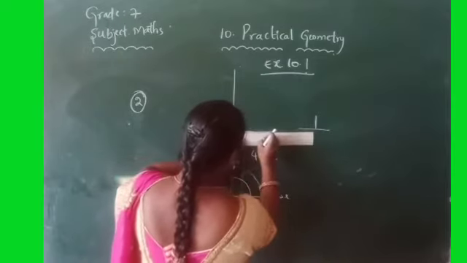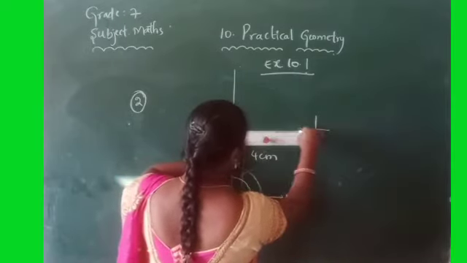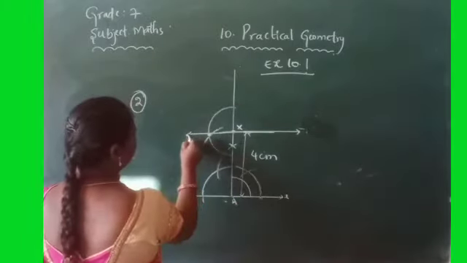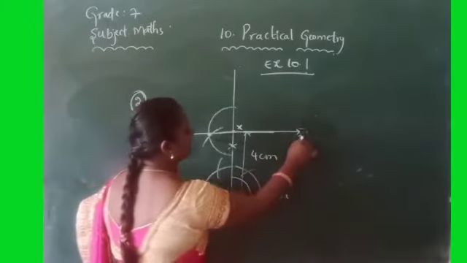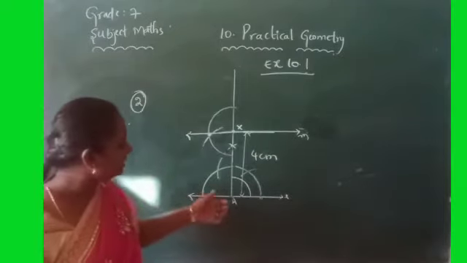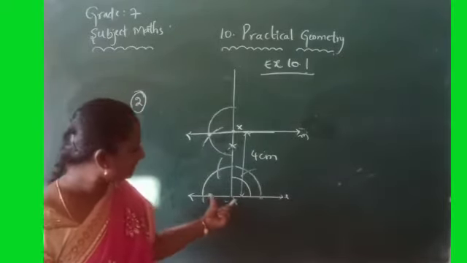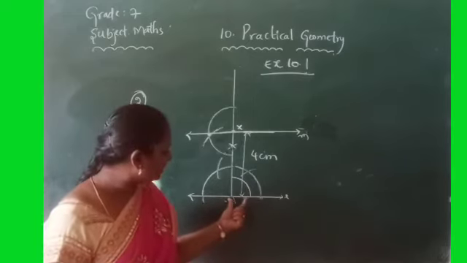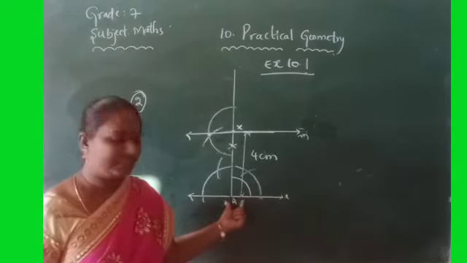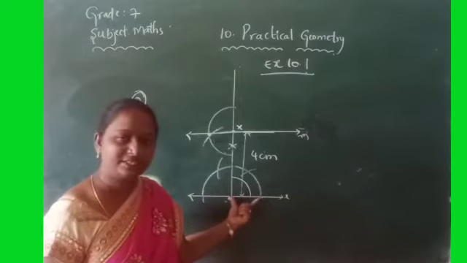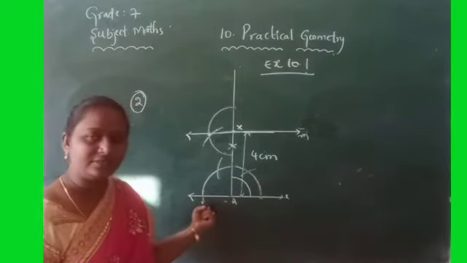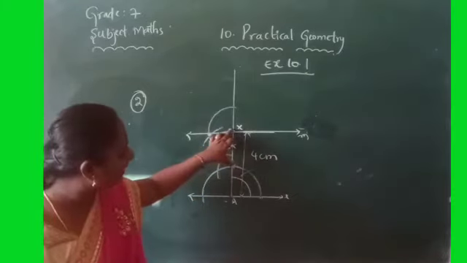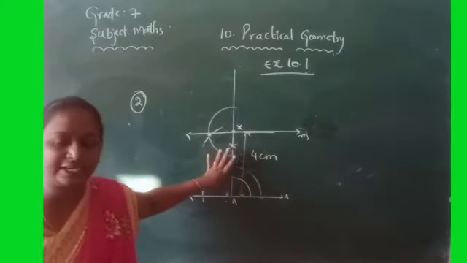So you can extend this line also. Suppose it is M. Okay, now tell me. First we drew one line. On that line, take a point A. Take some convenient radius and draw an arc. Now take 4 centimeters length, so point X is away from the line L.